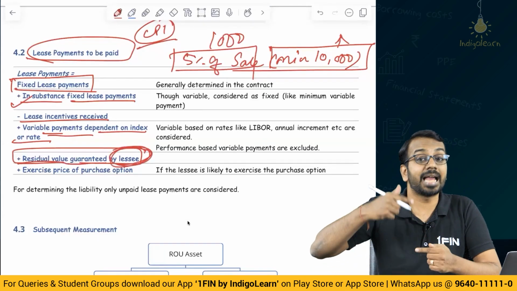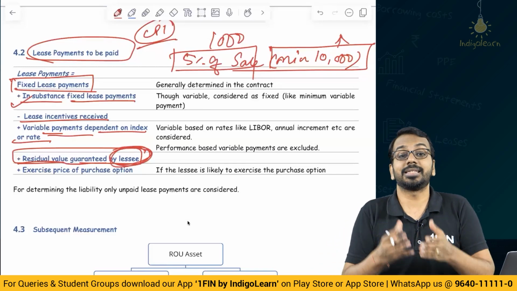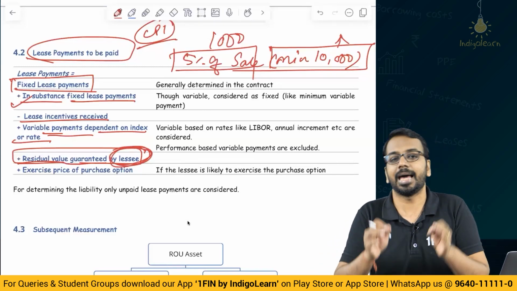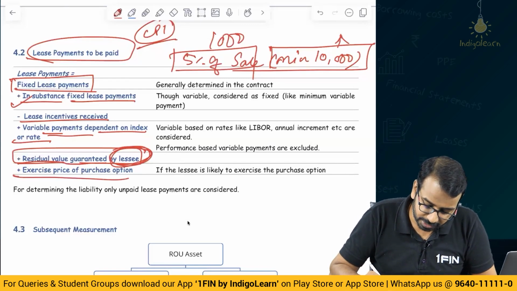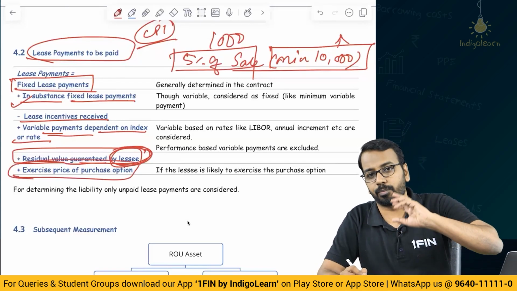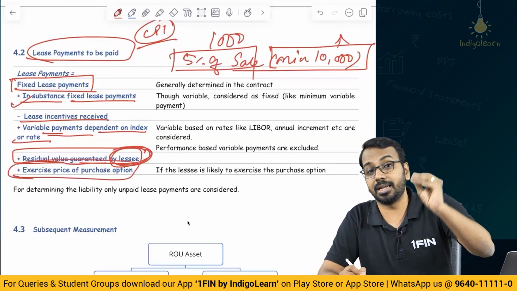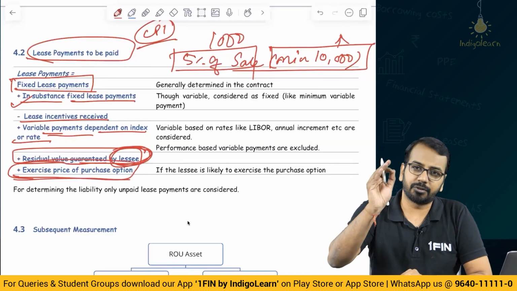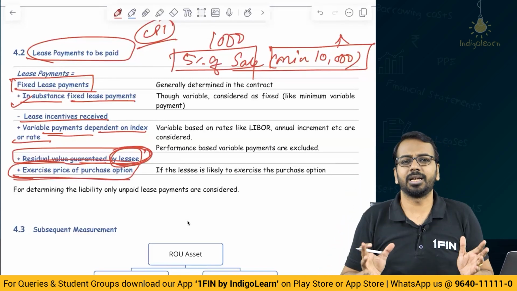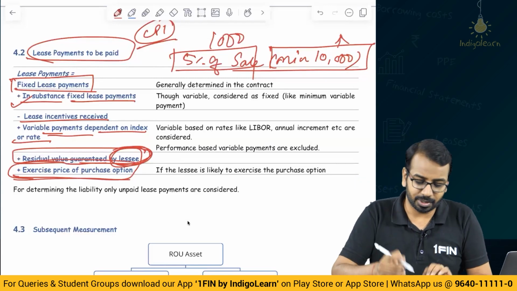So we are saying lease liability. Lease liability means the lessee cannot escape. So if the residual value is guaranteed by the lessee, that will be considered as a part of lease payment. And if there is a purchase option, or an option which says at the end of the period the lessee has an option to buy or the lessee will buy, that also will be considered. If you have to simply remember this, any obligation that the lessee has, that will be considered as a part